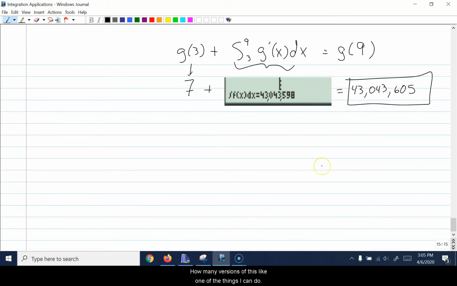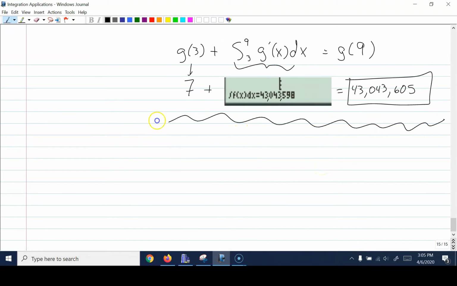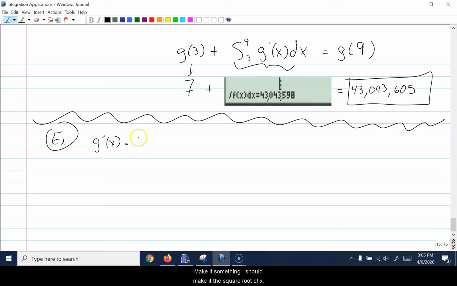Like, one of the things I can do is, if I know the derivative of some function, let's make it something simpler. Let's just make it the square root of x. And if I know... Wait a minute, hang on. Is that one of the problems? Let me go find something I didn't put